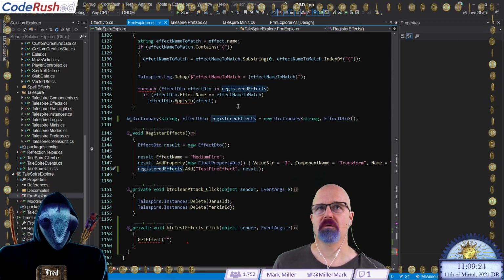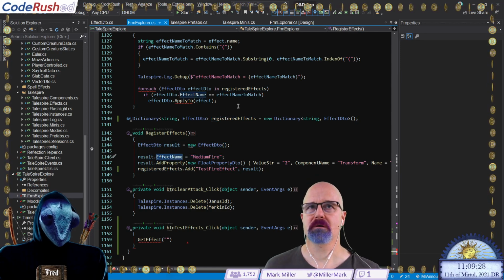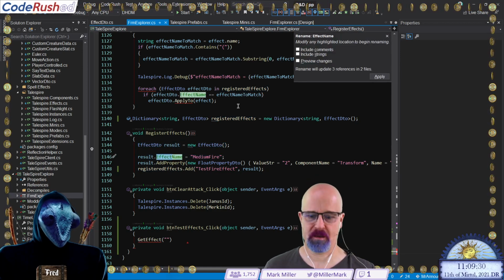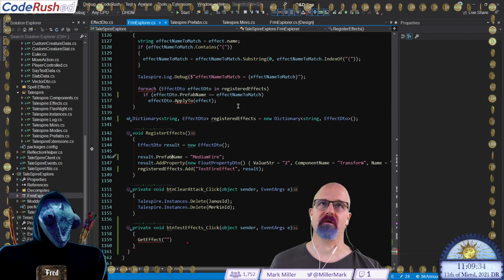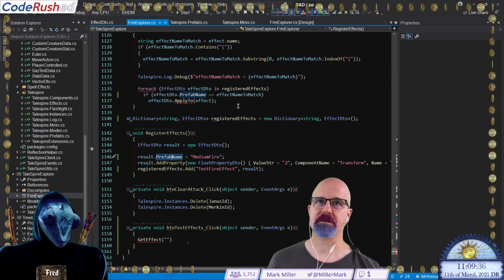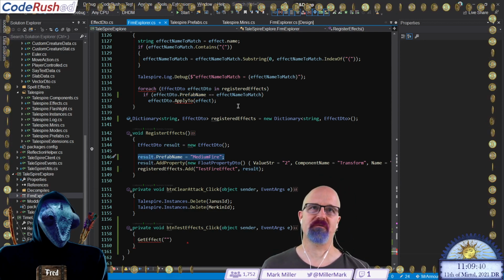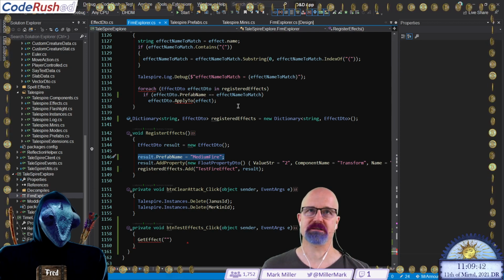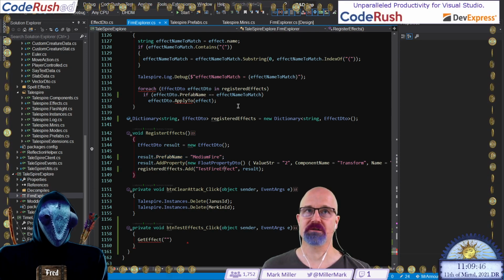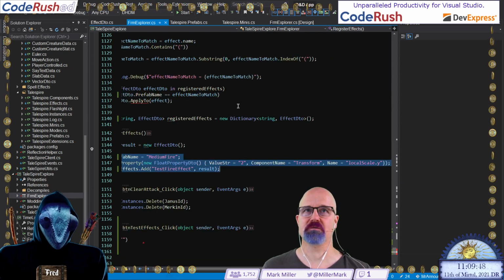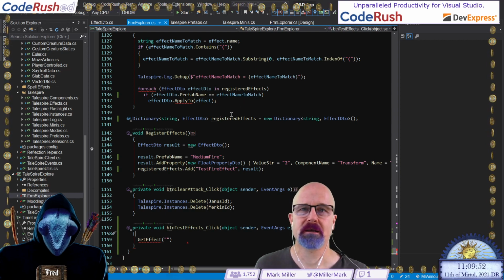Okay, so the effect DTO is going to have a different name than the actual prefab. In fact, let's rename this to call this prefab name, so we're very clear on what we're creating here. So the effect DTO has a prefab name it needs to create and instantiate. Okay, and then it's also got child objects as well that it'll need to instantiate.